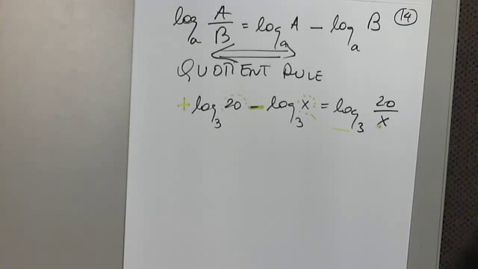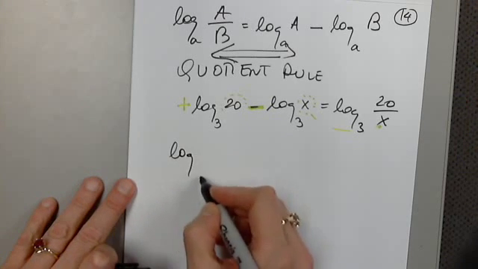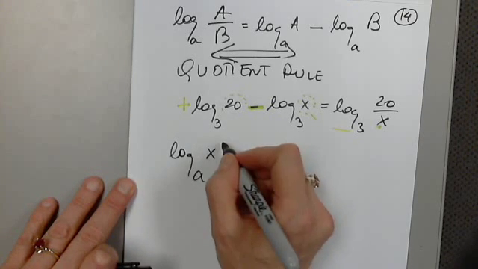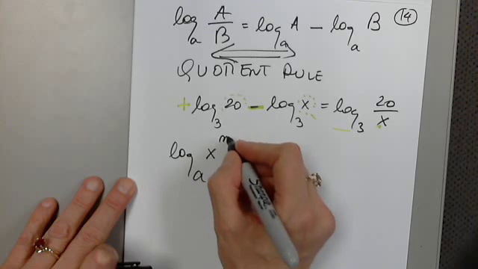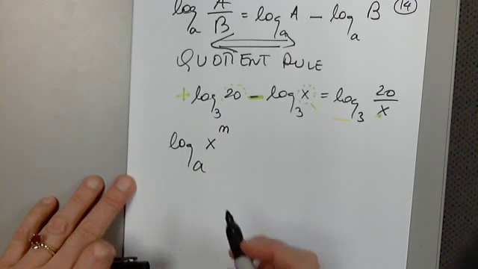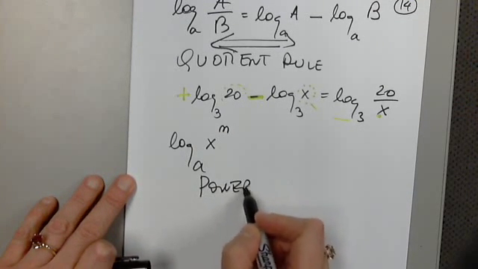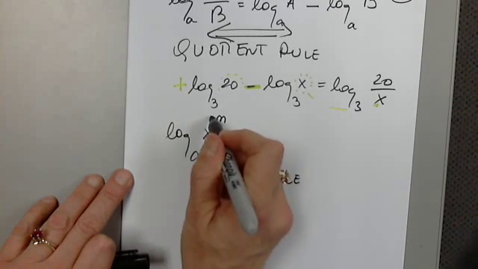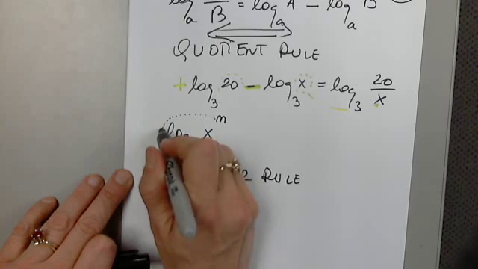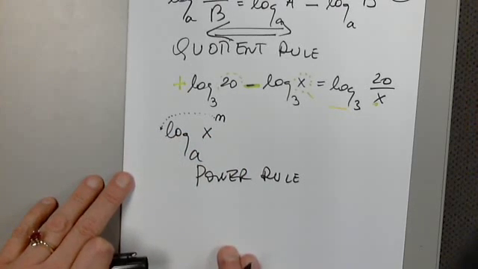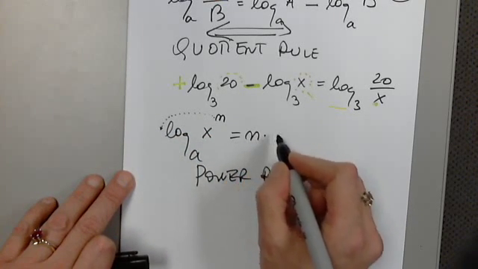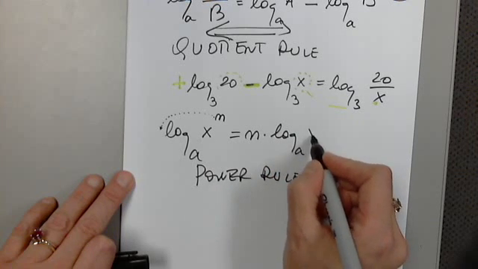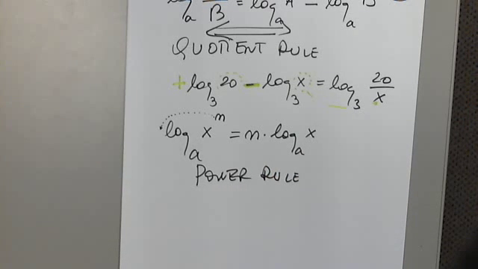Last property. Log base A of x to the nth power. This is the power rule. Here's what we do. We bring n down as a factor. It multiplies. N times log base A of x. Back and forth, though,